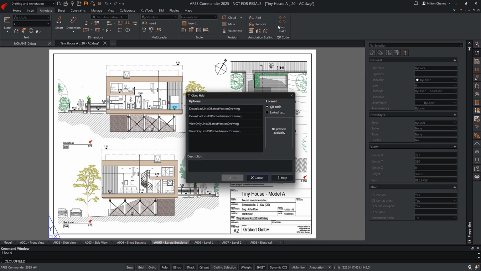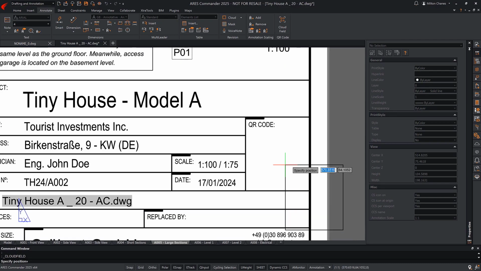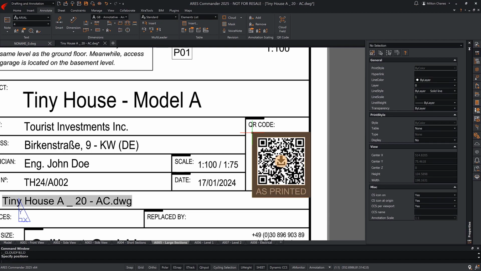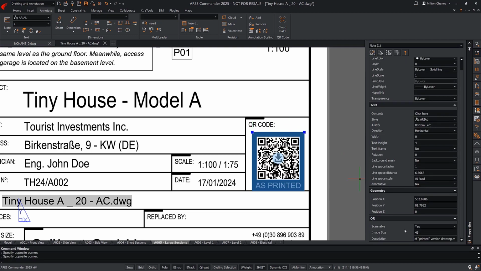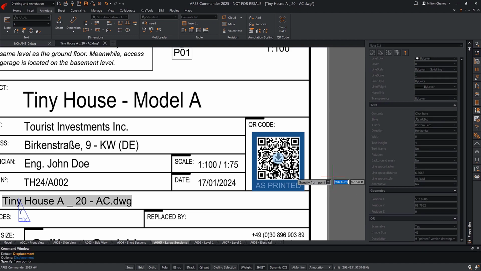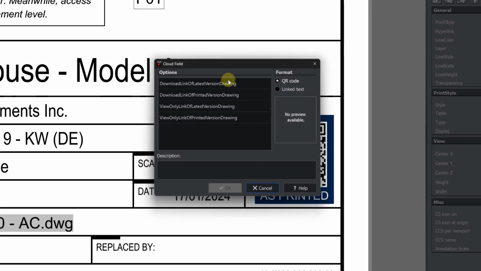Finally, one last example. We can use the printed QR code with the download option. And even add a text link to let users click instead of scanning the QR code.